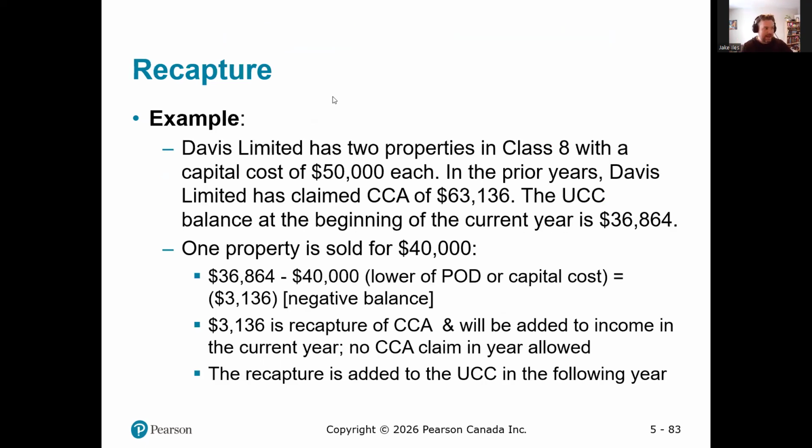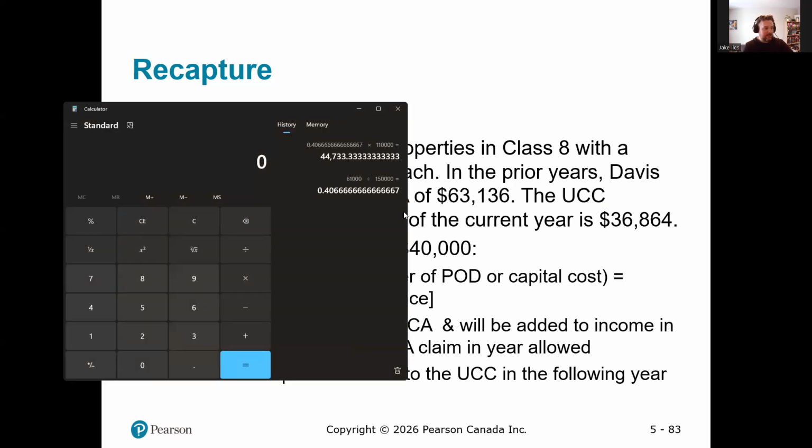So, some math. Davis Limited has 2 properties in Class 8 with a capital cost of $50,000 each. In the prior years, Davis Limited has claimed CCA of $63,136. So that means the UCC at the beginning of the year must be $100,000. We have 2 properties, $50,000 each, so $100,000 was put in total. We subtracted CCA of $63,136, which means our UCC is what's left, $36,864. If we sell one property for $40,000, then,